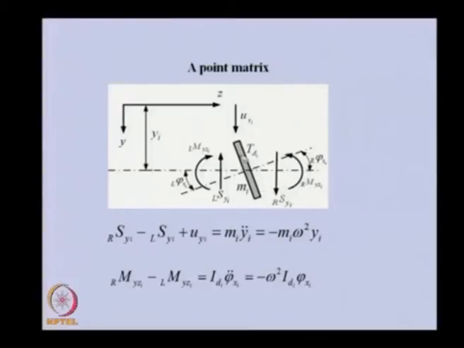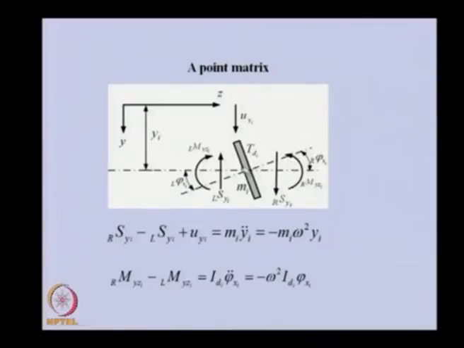Now we will be having linear displacement, the translational displacement, at the ith disk. Because this is a thin disk, we will have the same displacement on the left and right of the disk. Similarly, you can see the slope on the left of the ith disk and on the right, and because this is a thin disk, the slope will also be the same at both ends. Apart from that, we have shear force at both ends and bending moment.